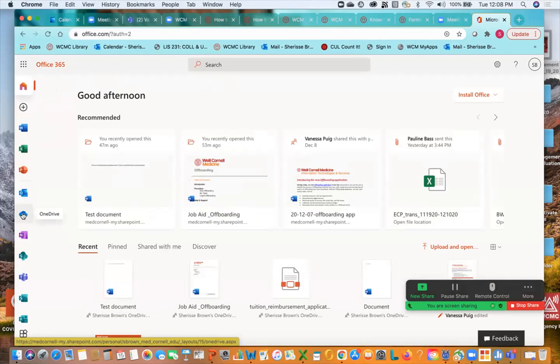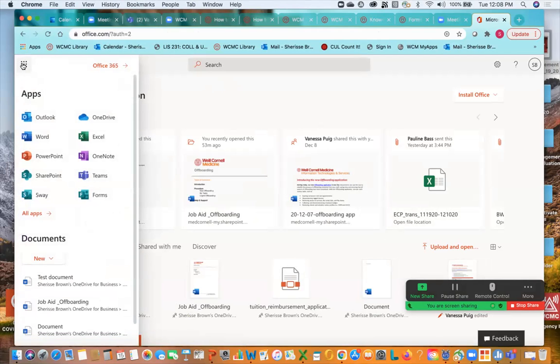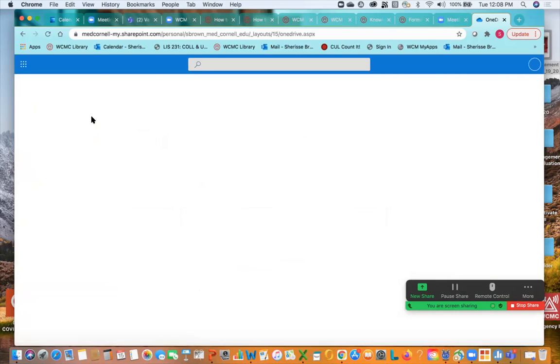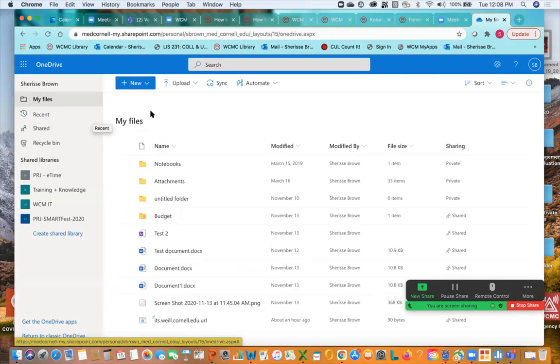Another way you can do this is to come up at the top to what is called the app launcher, and you can click on OneDrive. Okay, so now I'm officially using my Weill Cornell Medicine's OneDrive. And again, whether you're on a Mac or a PC, this is the web version, so anyone can use this platform. So when we open up, it starts out with my name,